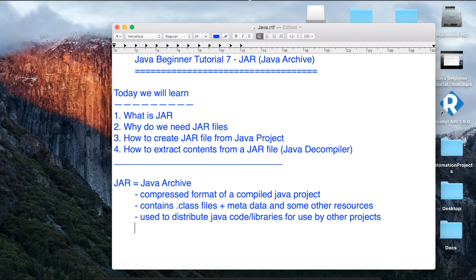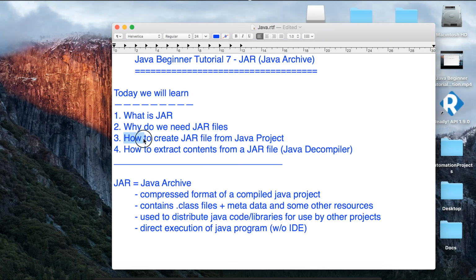The other use is you can also use a jar file for direct execution of a Java program. And by direct execution, we mean without the use of any IDE. So if you are able to compress and convert your program into a jar file, you can use this for direct execution and you do not have to go to the Eclipse IDE or any other IDE. Okay, so this is what a jar file is in a very basic manner, and why do we need jar files.